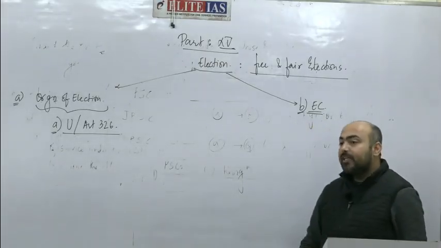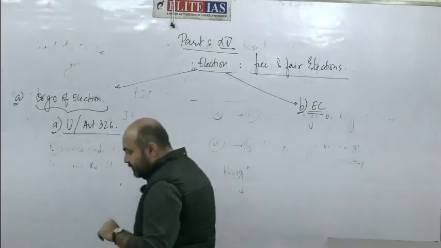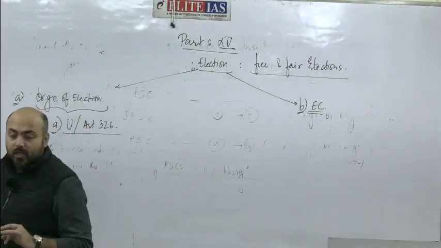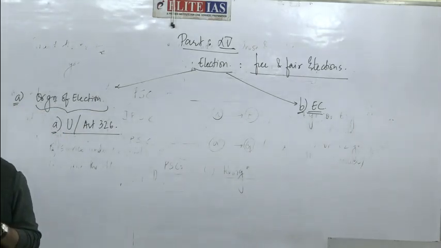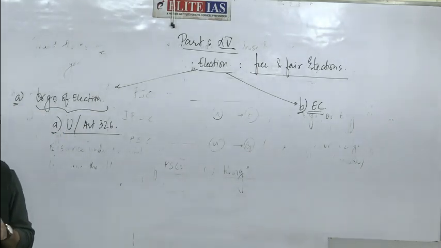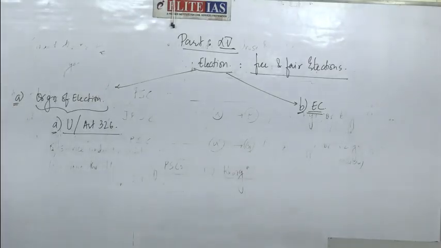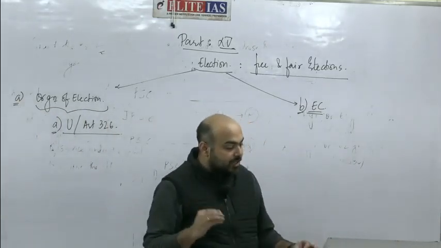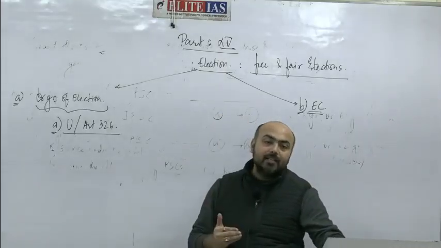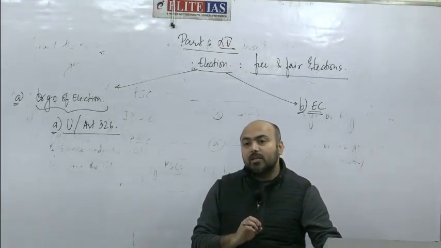Underline this: universal adult franchise. Now, what is the meaning of universal here? Universal means without discrimination on the grounds of sex, caste, religion, region, etc. Universal means universal. There is no discrimination. Religion, race, caste, sex, place of birth, these are not the grounds for